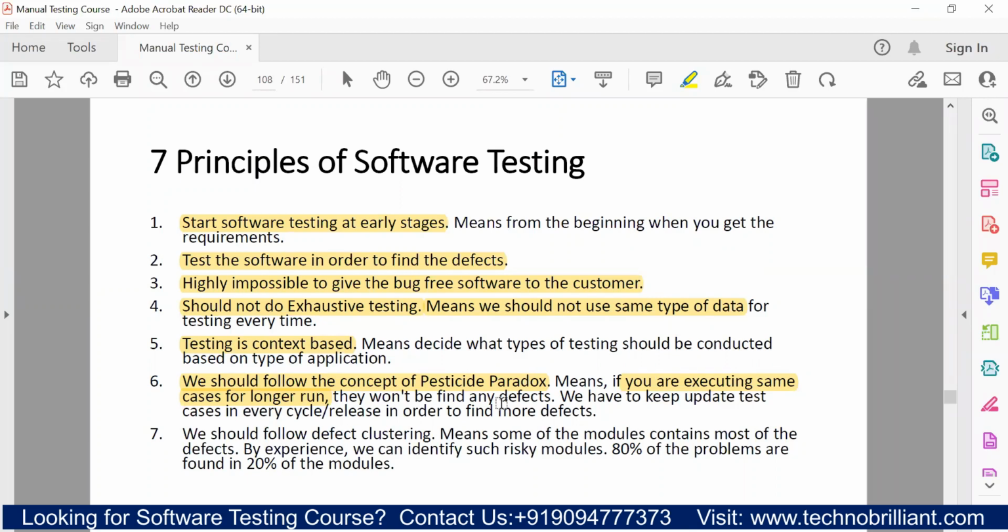सो हमारा मेन तो इंटेंशन क्या है, सेकंड प्रिंसिपल क्या बोलता है कि लाइक वी नीड टू फाइंड डिफेक्ट। तो हमें अगर नंबर ऑफ डिफेक्ट्स, मतलब क्वालिटी डिफेक्ट्स फाइंड करने हैं, तो इन दैट सिचुएशन हमें अपने टेस्ट केस को भी अपडेट करते रहना है, साइकिल बाय साइकिल, ओके, डिपेंडिंग अपॉन द रिक्वायरमेंट।